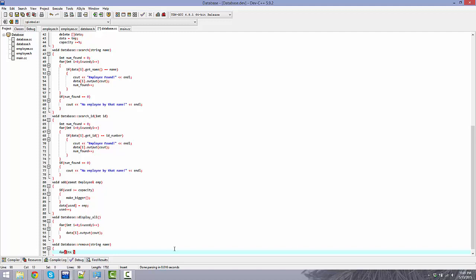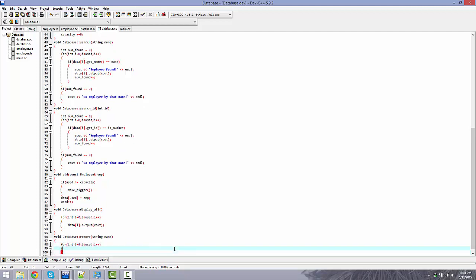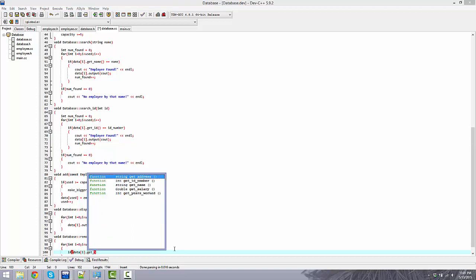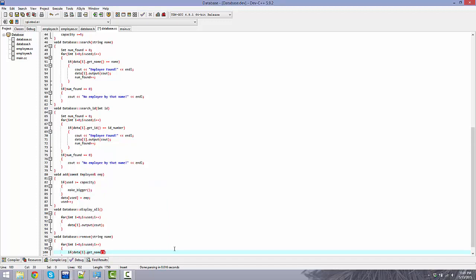For int i, just a simple loop through the array here. So int i equals 0, i is less than used, i plus plus. Now here, we're going to be doing this by name, so if data i dot get_name